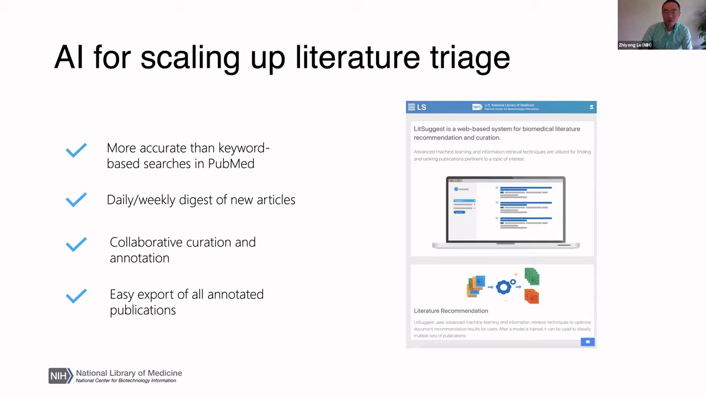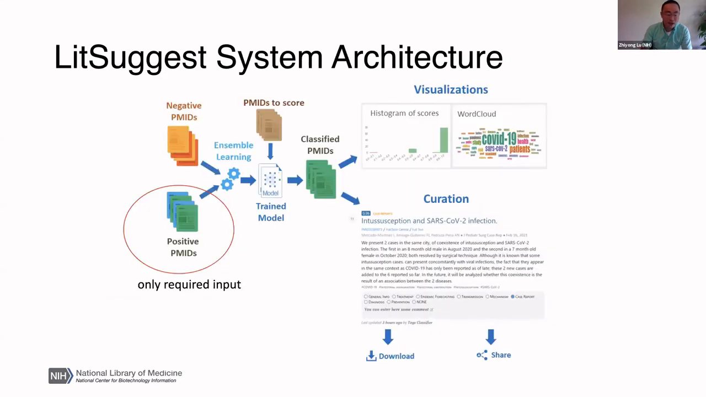That's the purpose for which we developed a system called LitSuggest, a web-based system for literature recommendation and curation. All you need as input for LitSuggest is a set of positive articles. If you also have a set of articles that you have reviewed but rejected for relevance, those can serve as negative examples, but that's not required because we can randomly generate a set of negative articles. Then we put them together into an ensemble learning using different advanced classification or NLP techniques. And then we build a classification model so that when new articles come in, they can be automatically scored into